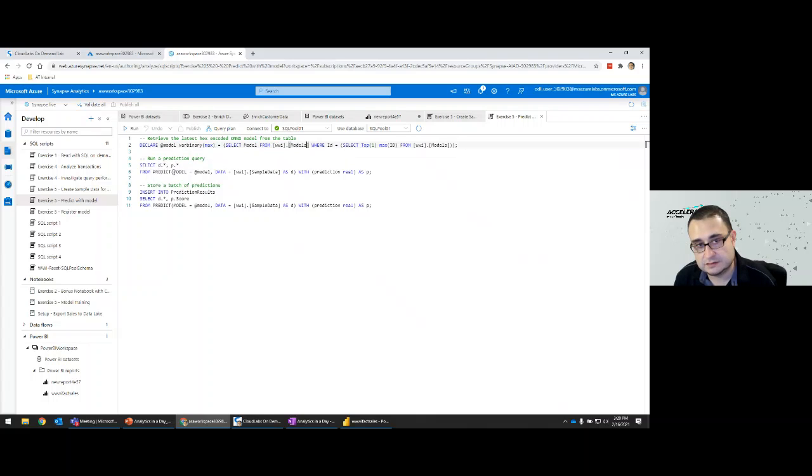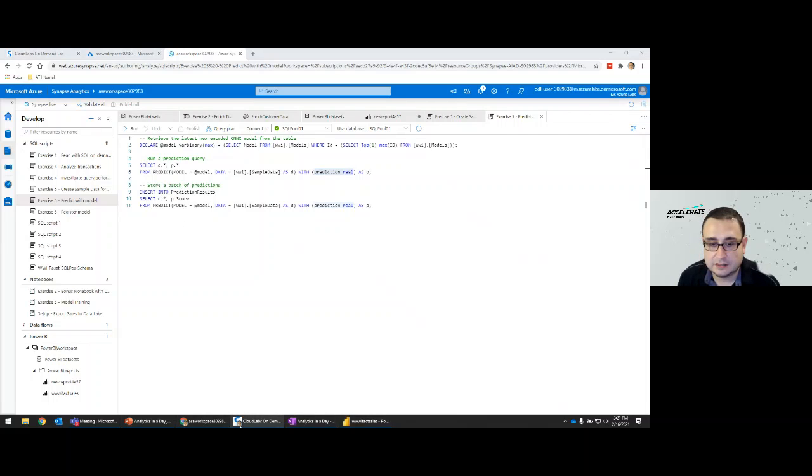And then what you do is you select that model, and then you execute a query similar to this, in which you're executing the data that you're passing to the model. So this is the data section. In this case, it's passing the WWI sample data table to the model that's being selected here. And it is getting back the prediction from that model as a value, as a column called prediction. And it's selecting those two data sets, the original data that was passed to the model, and the prediction values coming out of the model, and then being able to display those results side by side in a table.